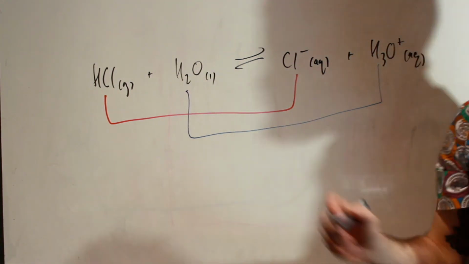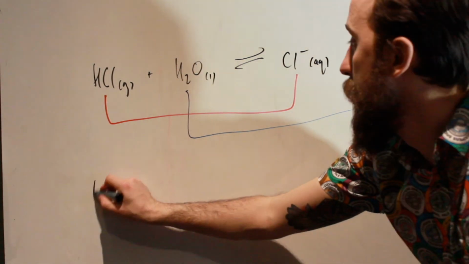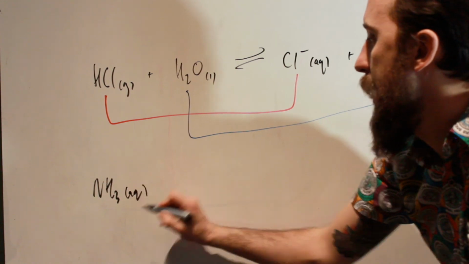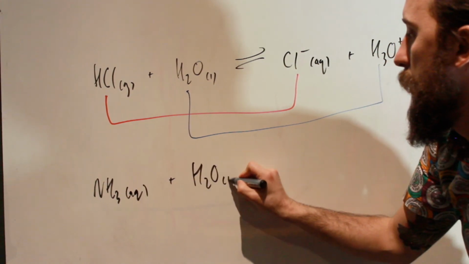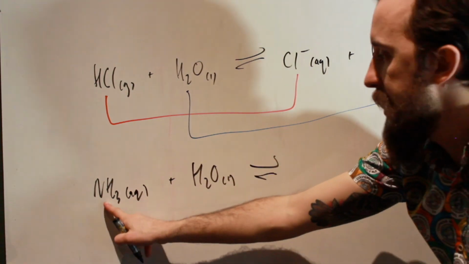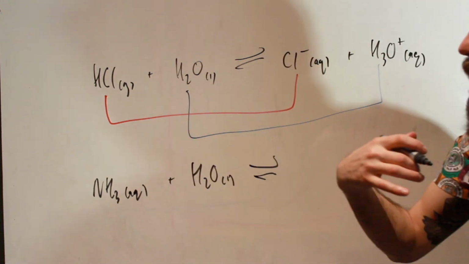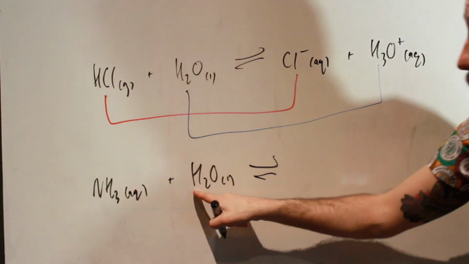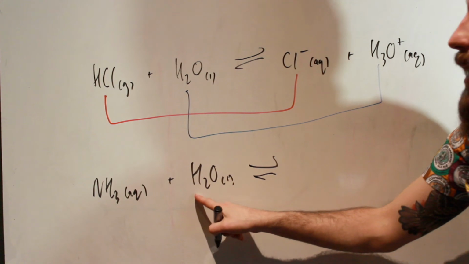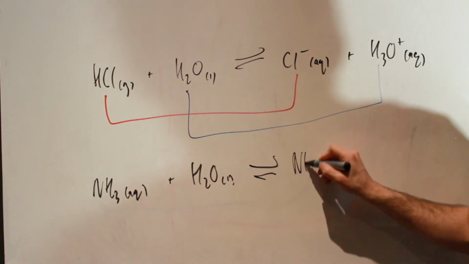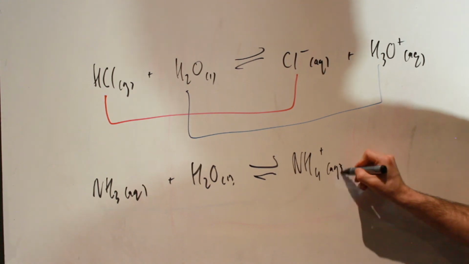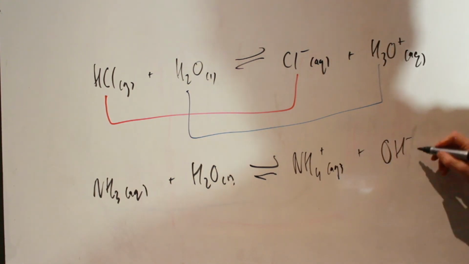What was the other one? Water reacting with ammonia. So in this case, we're going to have NH3, aqueous, plus water, liquid, equilibrium. Now in this case, this is going to be our base. So this one is able to accept the proton. So the H2O here, the hydrogen is going to be coming from this. So the water is acting as an acid here. So we're going to end up with ammonium ion, NH4+, aqueous, plus hydroxide ion,